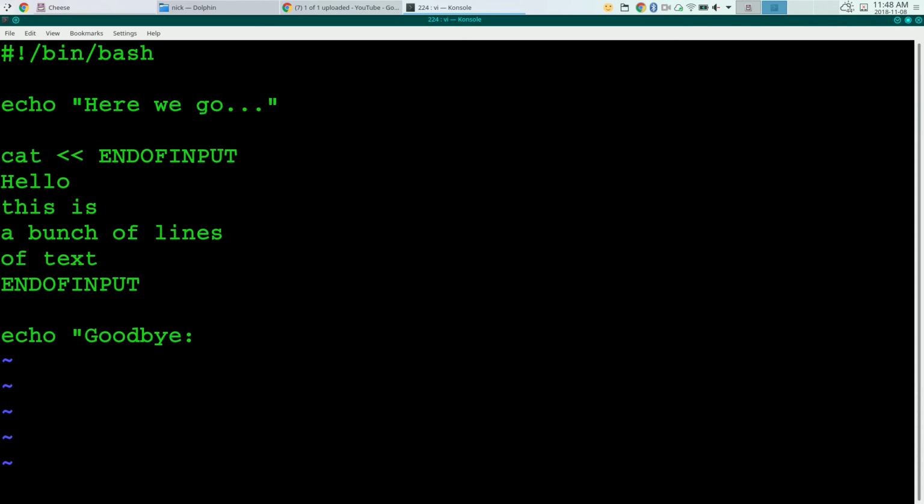Okay, so what am I going to do? I'm going to say, here we go, and then I'm going to say, execute the cat command, and instead of reading from standard in, read from these following 4 lines, right? And I know I wanted to read from those 4 lines because I said read until you get to a line that says end of input, which is what that 5th line is, and then I'm going to say goodbye. And cat normally reads from standard in, copies to standard out, which is normally a silly thing to do, but in this case it's going to read from these lines, and then it's going to send those to standard out, which means I'll see it. So this is a way to display a bunch of information from inside the script without having to say echo, echo, echo, echo. So if I run this,